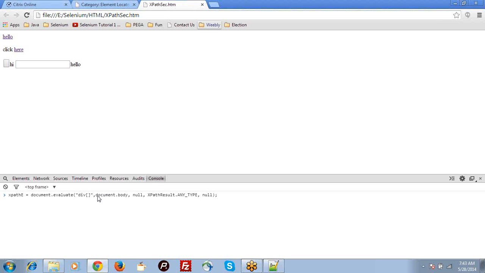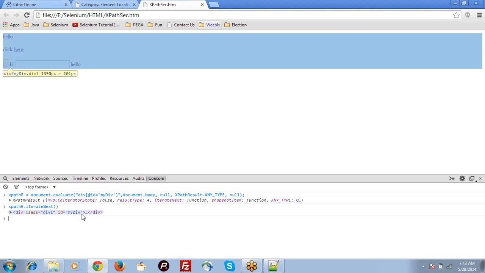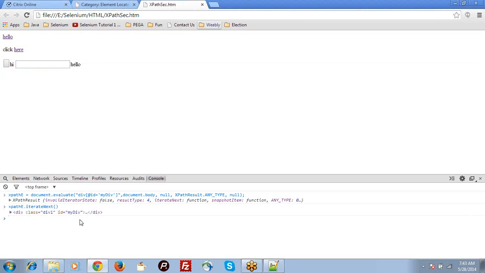Div, at the rate ID equal to my div. See, I am able to get the div. So the XPath expression is the tag name,